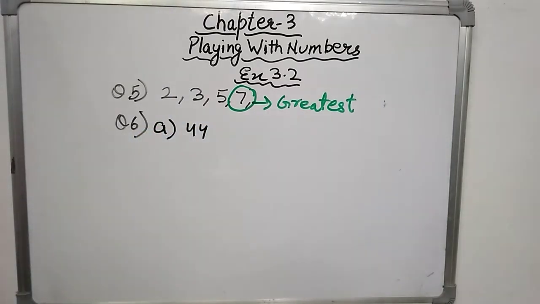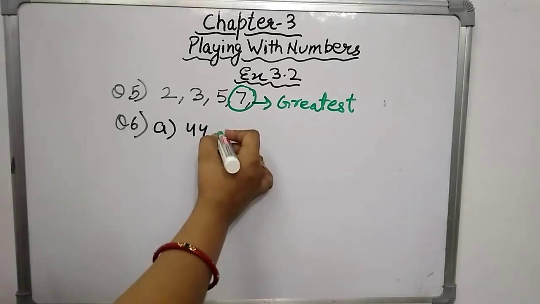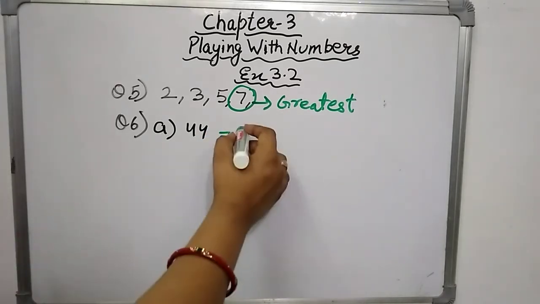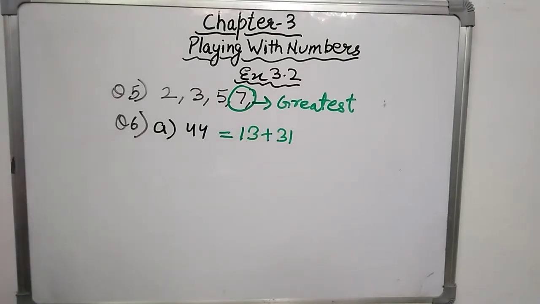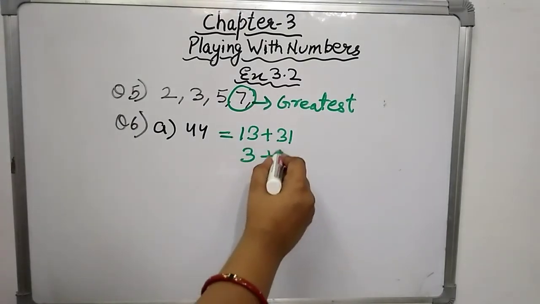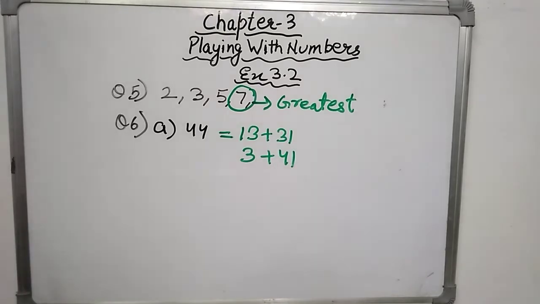So let's find out those two prime numbers that on addition can give you a sum of 44. If we add 13 and 31, we will get our sum as 44. You can get other pairs also, like if you add 3 and 41, again 3 and 41 both are prime numbers and the sum of them is also 44. So in this way you can find any pair for expressing these numbers in the form of odd prime numbers.